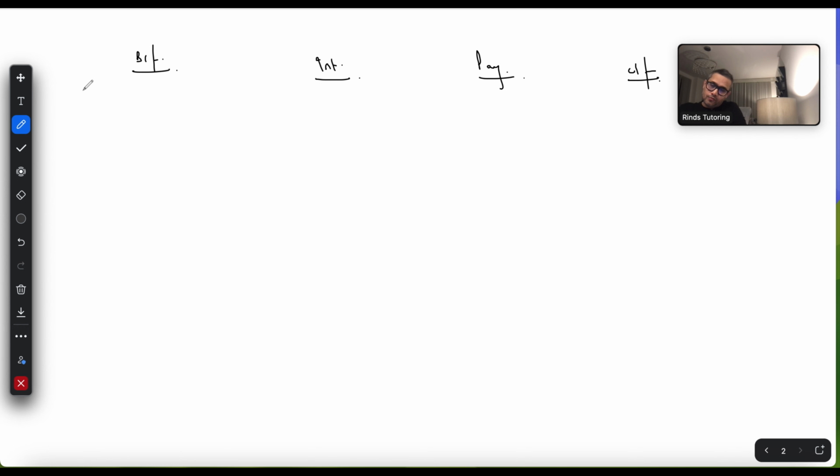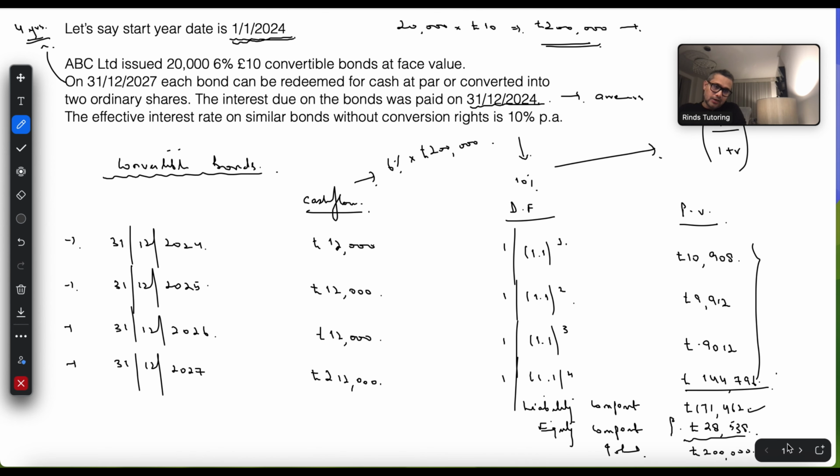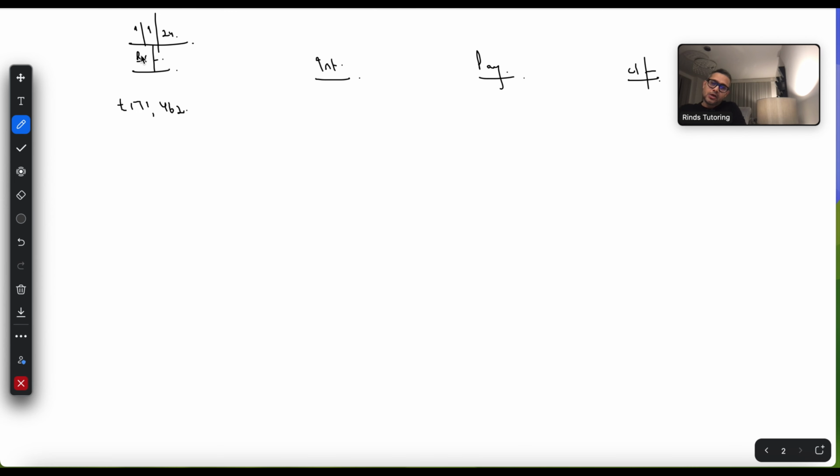So you brought forward, well, on 1st of the 1st 2024 when you issued the bond, the liability 171,462 is coming from here, which we just calculated. So take the liability component and write it underneath the brought forward. Your interest is 10%. The payments of coupon which you were making was at 6%, so 171,462 times 10% will give you 17,146. And then the payment was again 12,000, and of course the payment will be a negative number, and then you're left over with